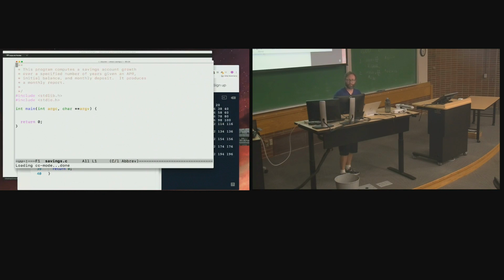Savings. There we go. This program computes a savings account growth over a specified number of years, given an APR, initial balance, and monthly deposit. It produces a monthly report. Something like that. Okay? Now, just to get some more practice in here, do you want to do this interactively,